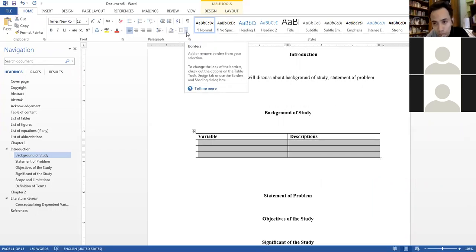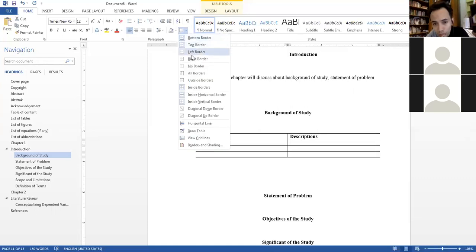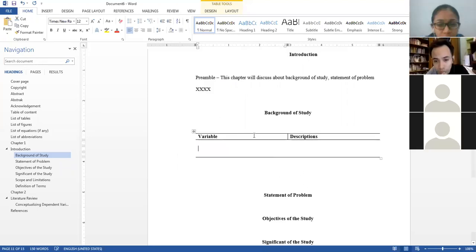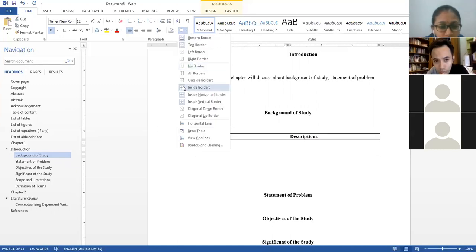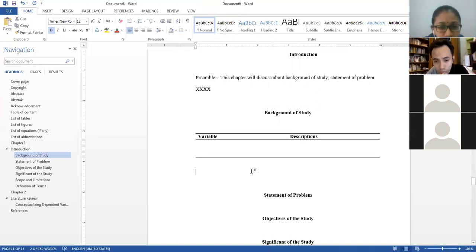We don't want inside borders, so we unclick this one, and the same goes for this one. We just don't want the inside border. So this is what a table according to APA style should look like.